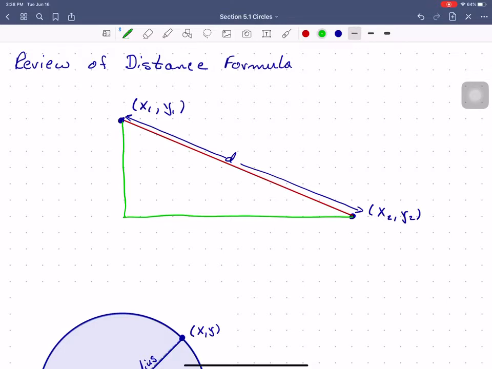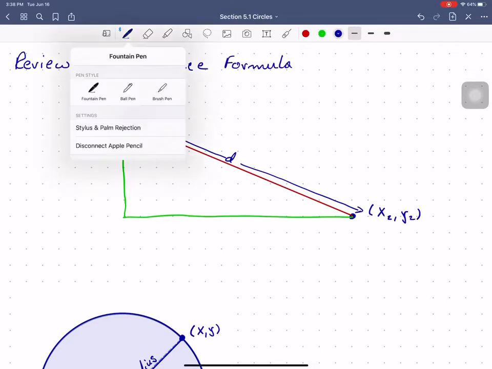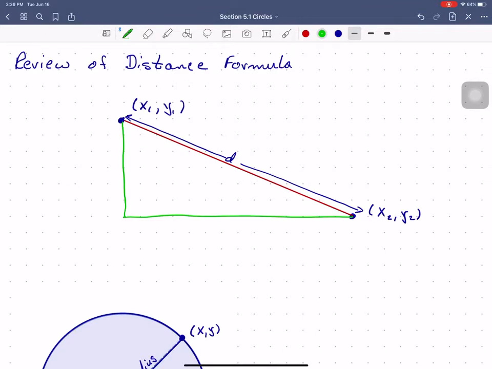Now, if we think about what I just did, I started at point 1 and I went down until I got to x2. So the length of this line here is really x2 minus x1. And then when I started moving horizontally, I moved from y1 to y2. So the length of this line is y2 minus y1. Now, if you notice, what we've got here is our good old friend, the right triangle. And